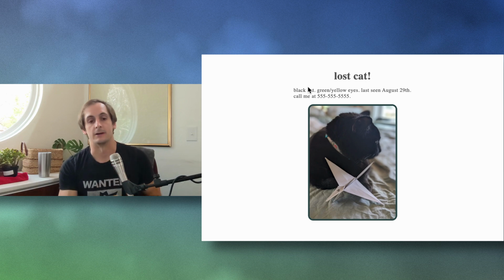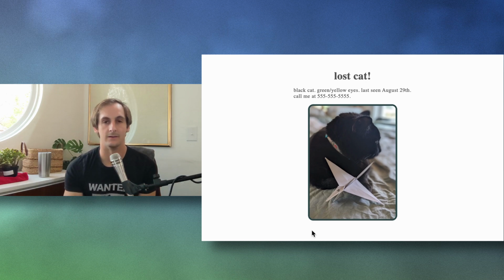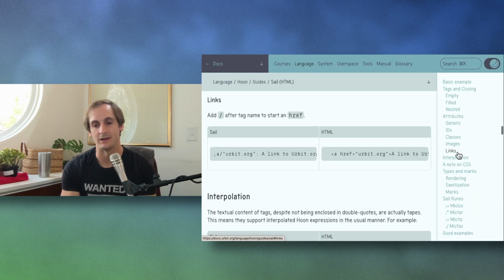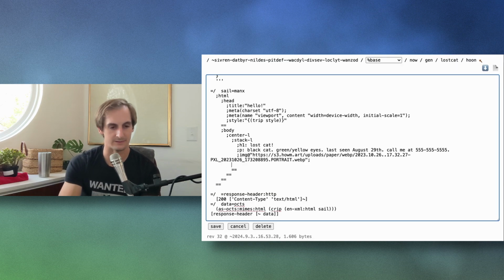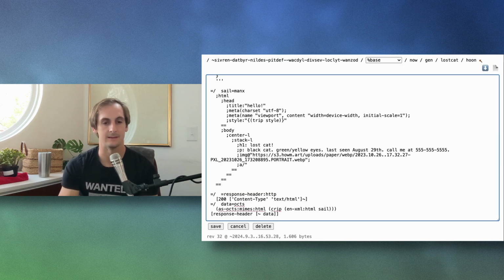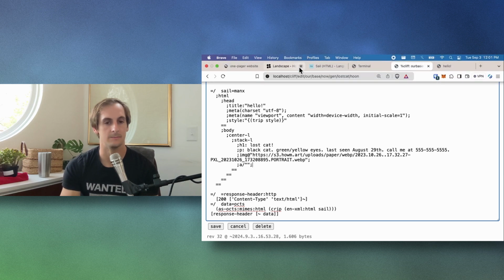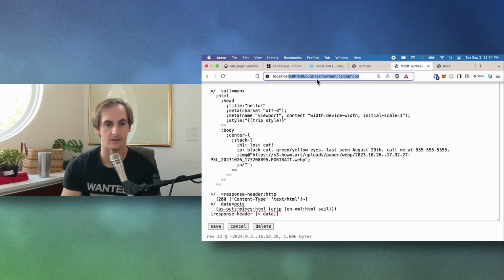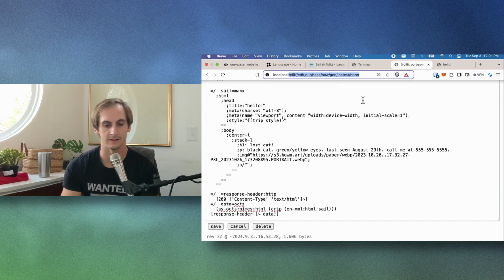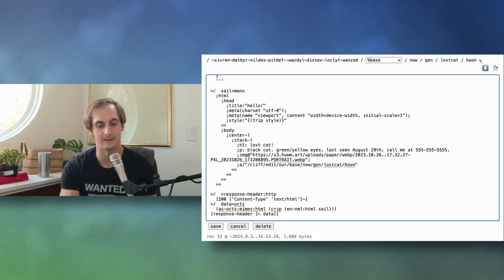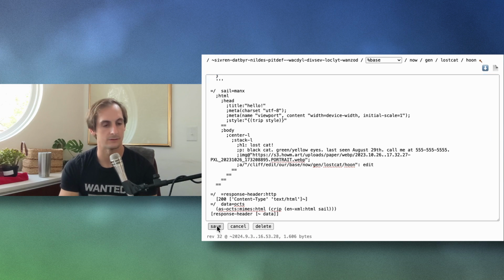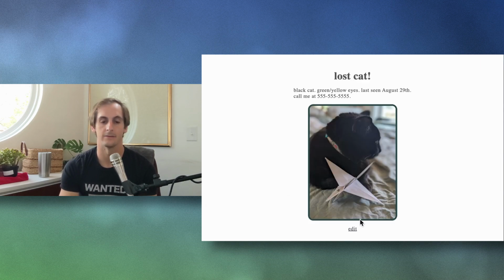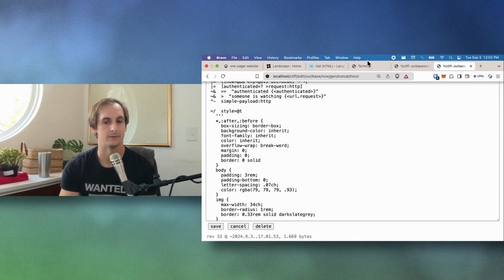Just to maybe speed up the process, how about I add a little edit button down here so I can edit the generator file. I say button, but we'll just add a link. Let's add this at the bottom of the stack. I'm going to create a link to this Cliff page here, so I'm going to link to /cliff edit our base now gen lost cat. So it's going to go in here. Oh, I need to give it a text like that. And unless things have gone awry, I have a nice little edit link, and the edit link will take me to this page.